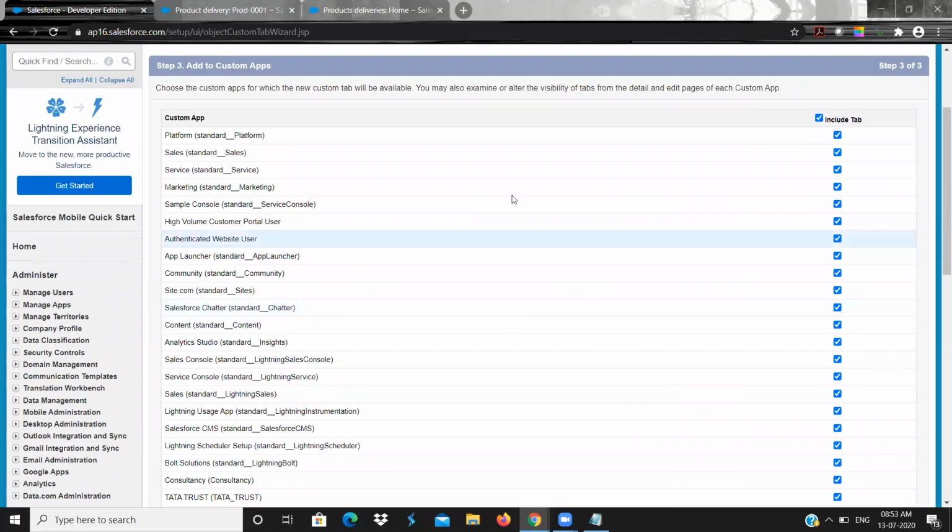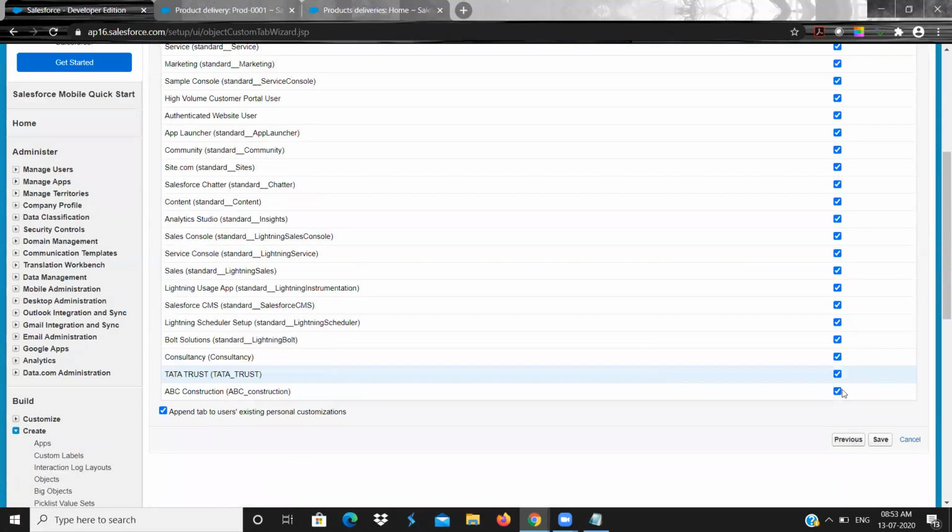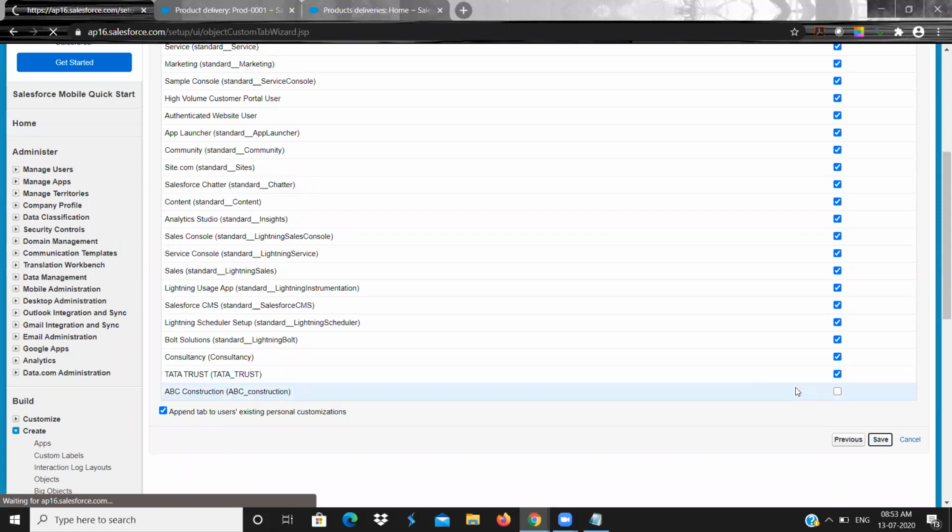What are all the apps you wanted to display? If I wanted to hide it from this construction, I just uncheck this checkbox and click on save. So this tab will not be available. If you wanted to make it visible again, you need to go to the profile and change it, which we will see later, in upcoming classes.